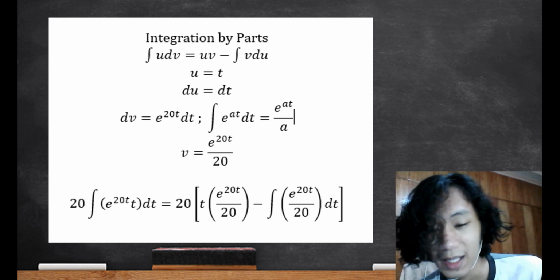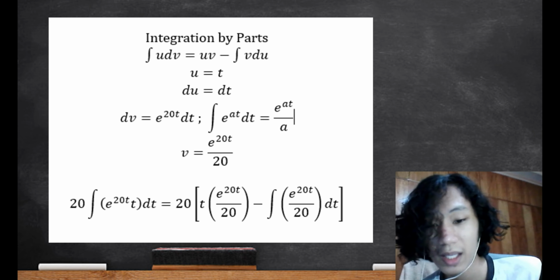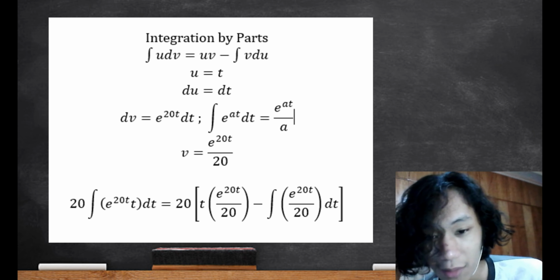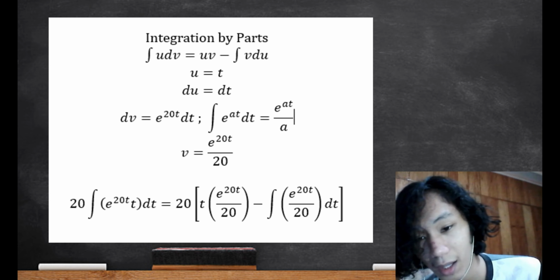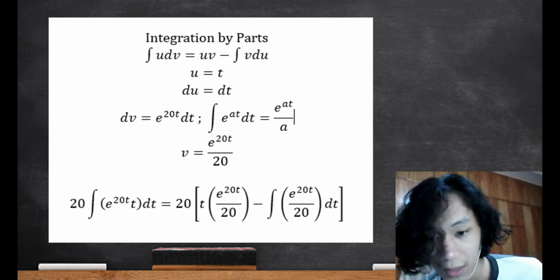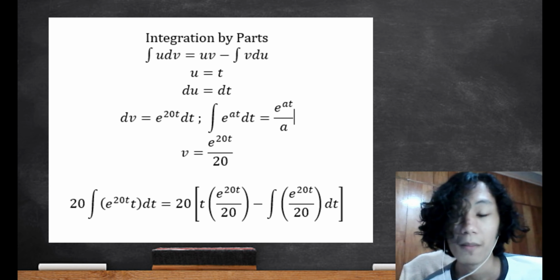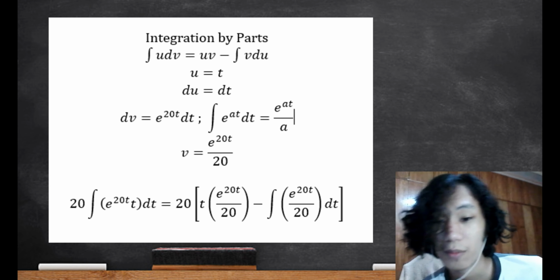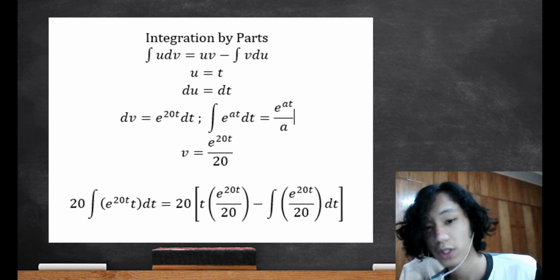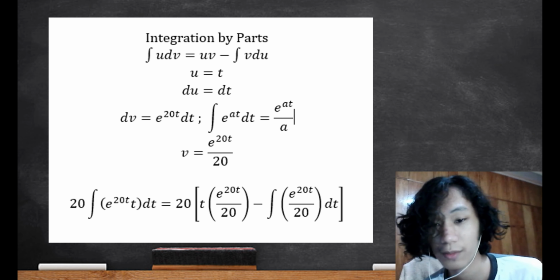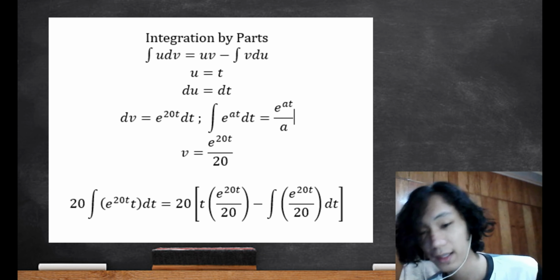According to the rule, the integral of e raised to at dt is equal to 1 over a times e raised to at. Using that rule, we get the value for our v, which is e raised to 20t over 20. Substituting the values of u, du, dv, and v in our formula of integration by parts, we will get